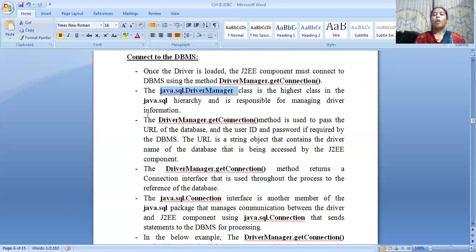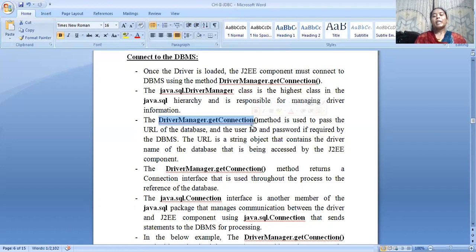By using the class name DriverManager of the package java.sql, which takes responsibility for maintaining drivers, with DriverManager.getConnection I can pass the URL of the database along with a user ID and password. It automatically contains the driver name of a particular database to be accessed by the J2EE component.